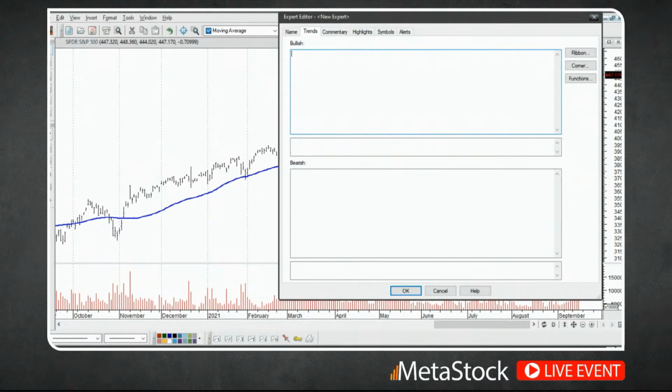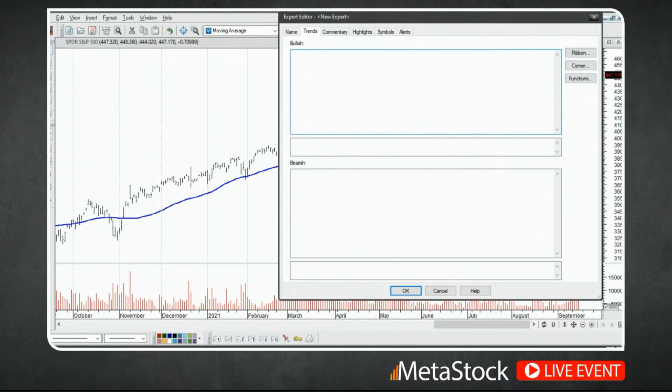So hang on for just one second. All right, to get started, here's where the MetaStock formula language actually comes into play. To really get the most out of the MetaStock program, you're going to have to get at least a basic understanding of the formula writing capability that the program has. There are a number of ways to do that, but at Learn MetaStock we have a lot of training videos just on formula writing to help you with that. In this case, I'm going to write the formulas here, and I'll explain as we go through it.